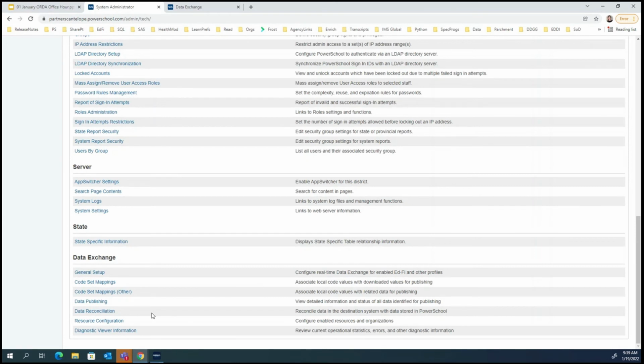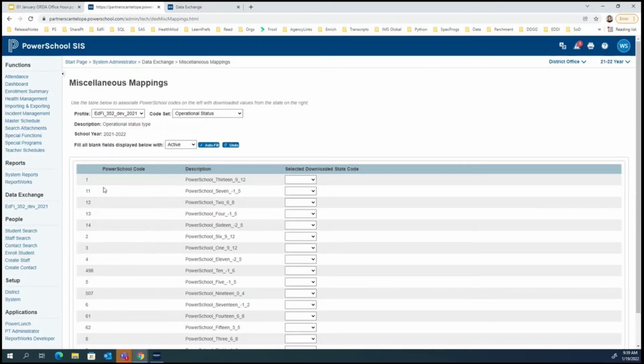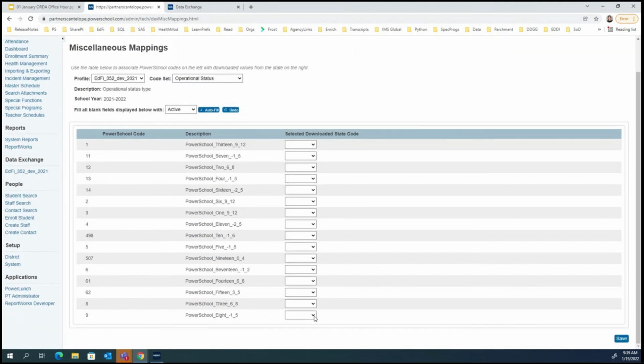Okay. Well, thank you y'all for pausing me on that. There's one other thing that I do want to just show that's sort of a mechanical thing in terms of how these work, if y'all don't mind, before we totally leave code set mappings. So if you go to code set mappings, when the time comes, there is this functionality you probably want to know about. Let's say, for example, we're choosing operational status. Notice how these are all empty. Let's just say, for example, what if these were all active schools?